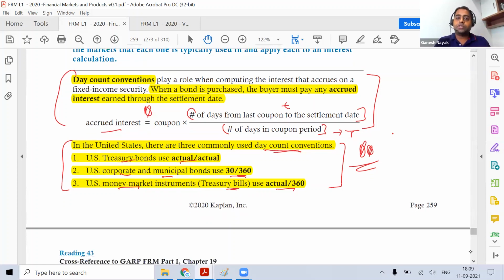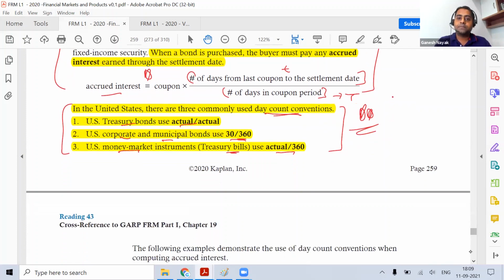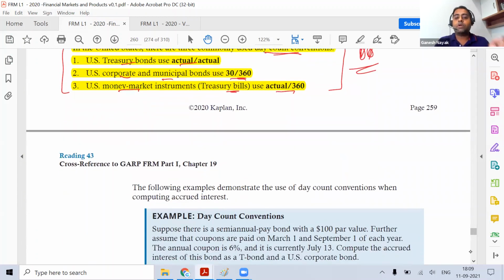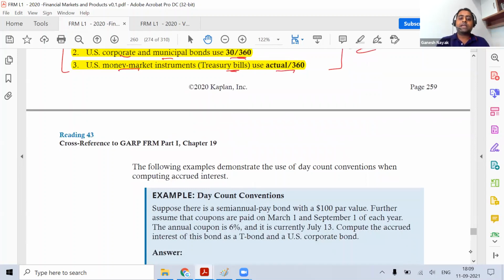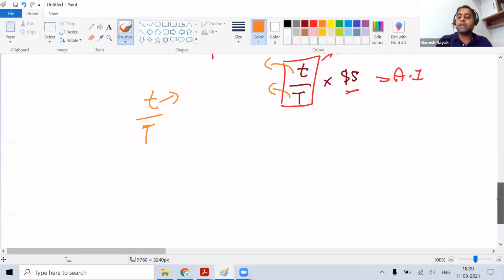I'll take you towards the question and I will try to solve it in 2 ways, one with the calculator and one with the basic calculation. Suppose there is a semi-annual pay bond, a $100 par value bond. Further assume that the coupon is paid on 1st March and 1st September each year. Annual coupon is 6%, that means semi-annual being 3%, so $3. And it is currently July 13. So if I want to create a timeline,